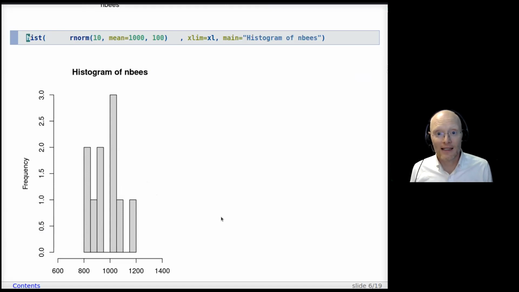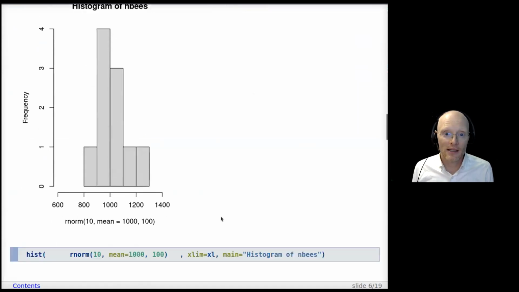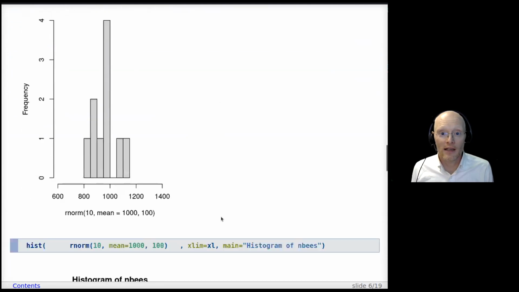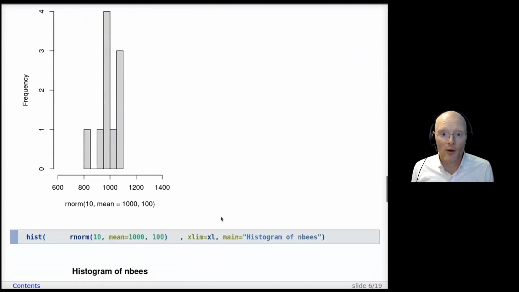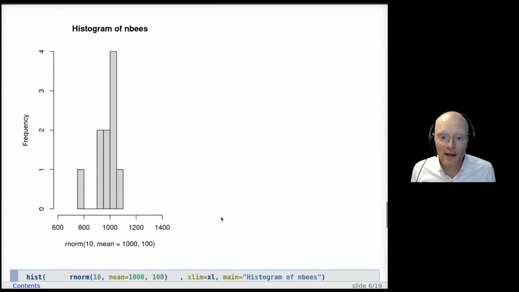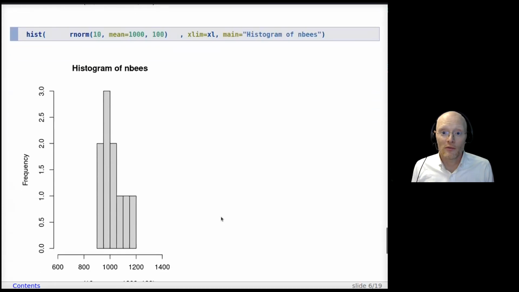In fact, if I did that same experiment again the next year, I would get something different. And if I did it again the next year, I'd get something different, and so on. And so this variation is just due to natural features of hive evolution. This is going to give some limit to how precise a study I can do